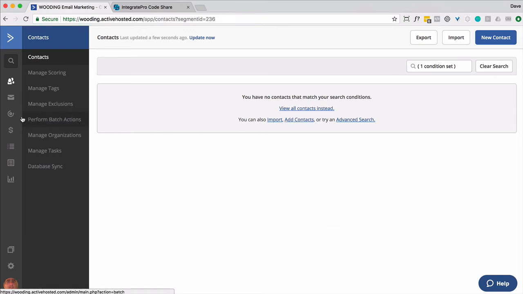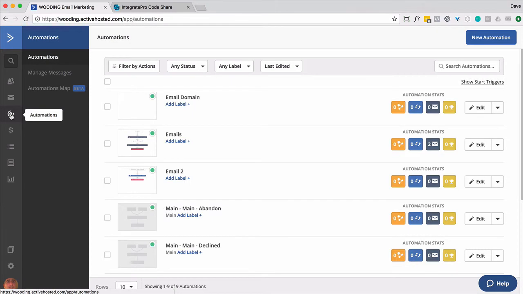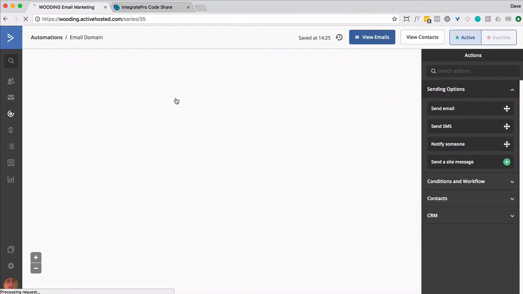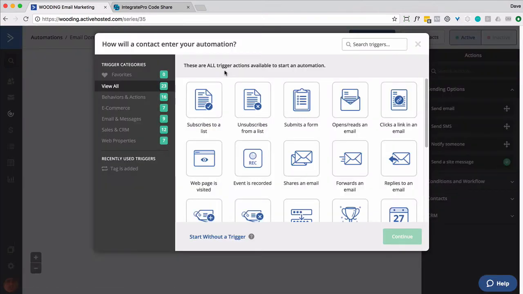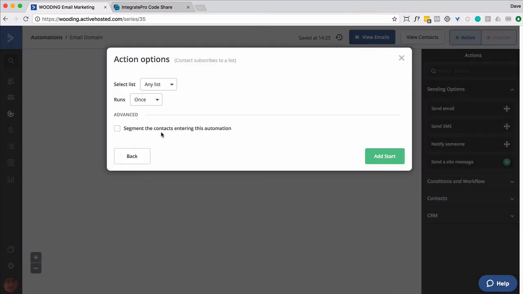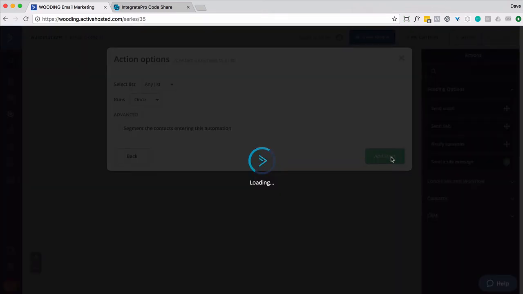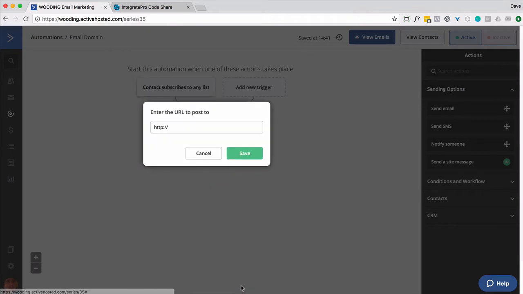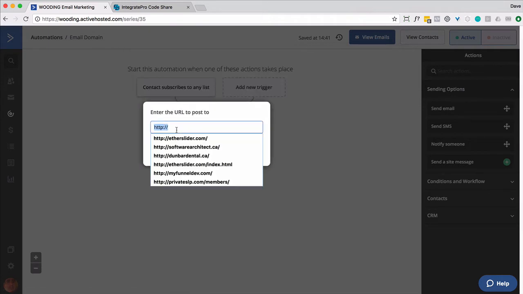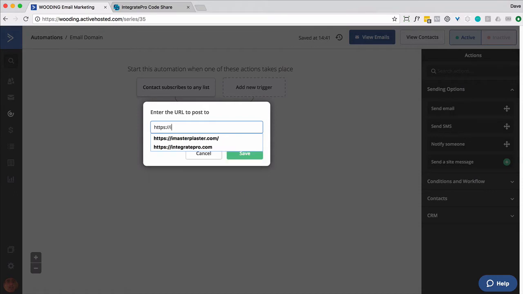So let's go to automations. I've already started one called email domain. And you might consider having a trigger based on somebody subscribes to a list, and just any list for that matter. So I'm going to go ahead and do that. You can run it once, run it multiple times, have them go in that path. And then you want to send them to a webhook that you're going to put on your site. So wherever you're going to put this,